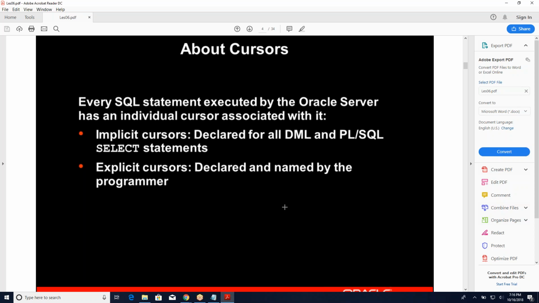Also, when we work with a simple select statement, that also creates an implicit cursor. Explicit cursors are mostly created for when we want to maybe select one row out of n, and we can do that manipulation with an if statement, or we would use an explicit cursor for a situation where we will